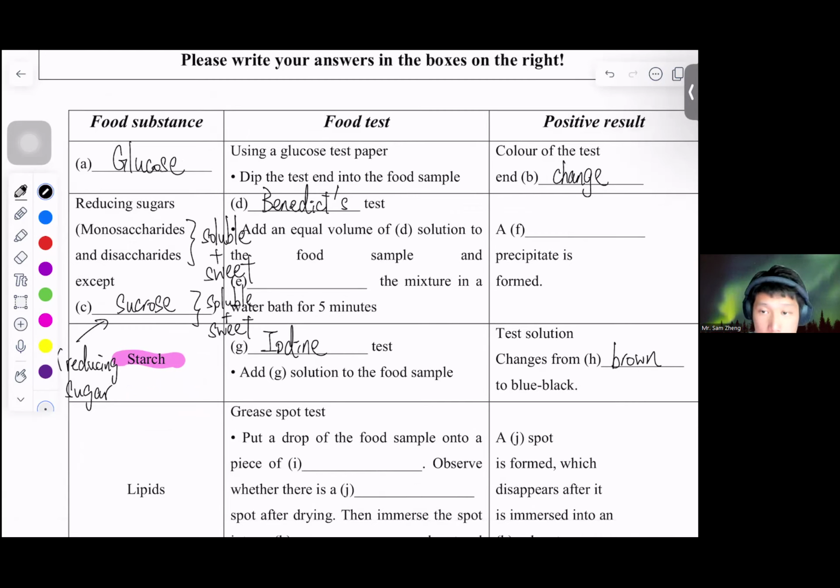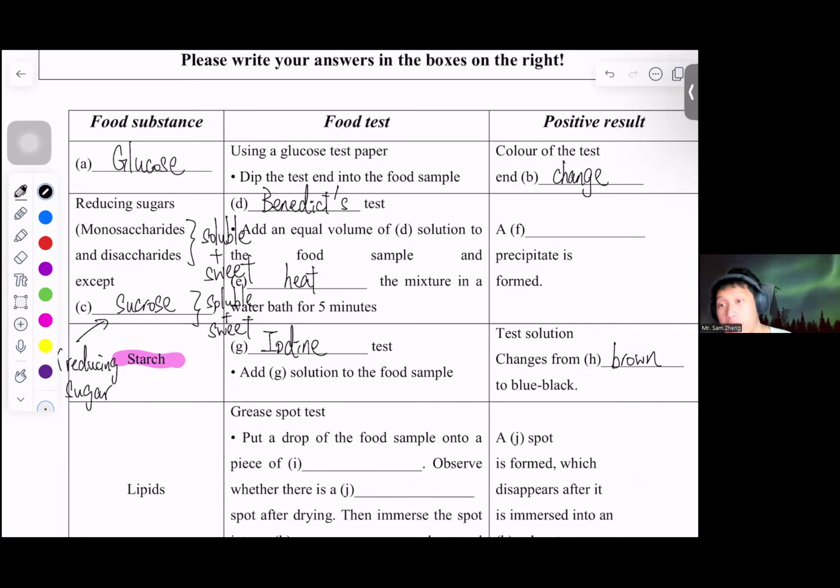Once we pour the Benedict solution into the food sample, we place it in the water bath. In this case, we boil or warm, or heat the mixture,